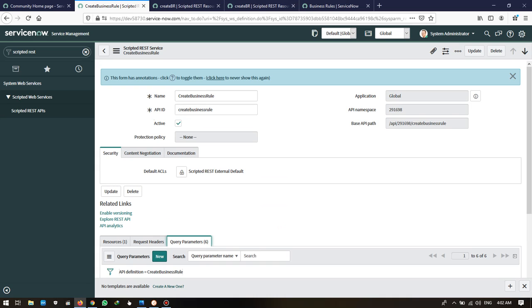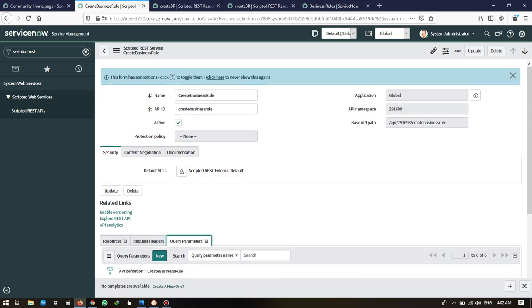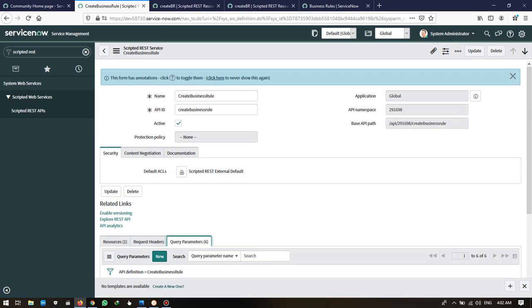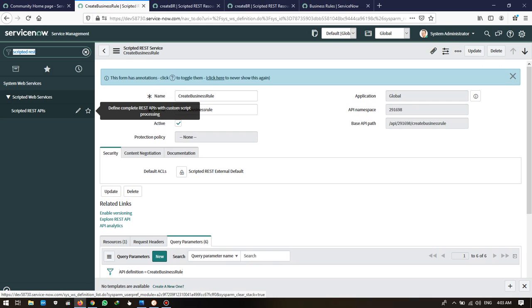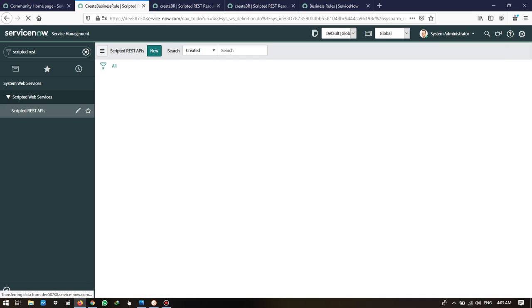I just thought of creating a video on your scenario because it was difficult to explain that in words actually. So first of all, you need to go to the scripted REST APIs. I'm not sure how much experience you have in ServiceNow, but I'll explain accordingly. Okay, so first of all, you need to type scripted REST APIs and then just click on scripted REST APIs